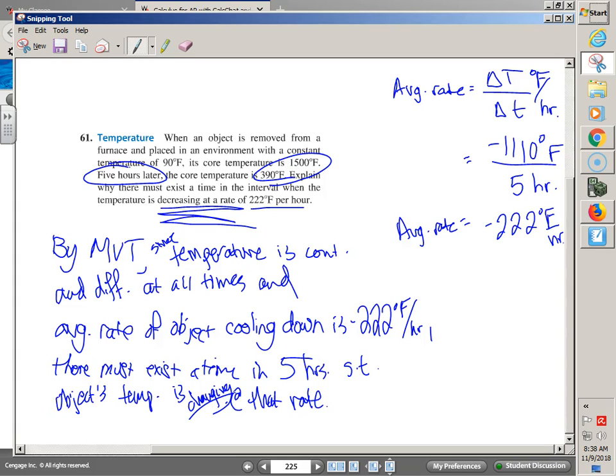But coming back, it needs to be consistent. You need to build your case. I said the rate was negative, and if the rate is negative, I already need decreasing. If I say decreasing at a negative rate,